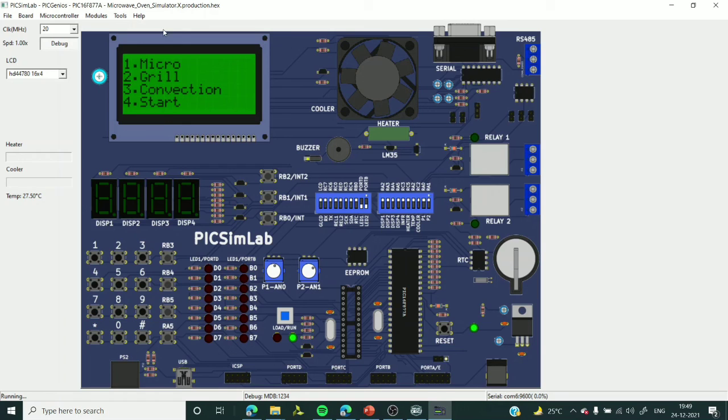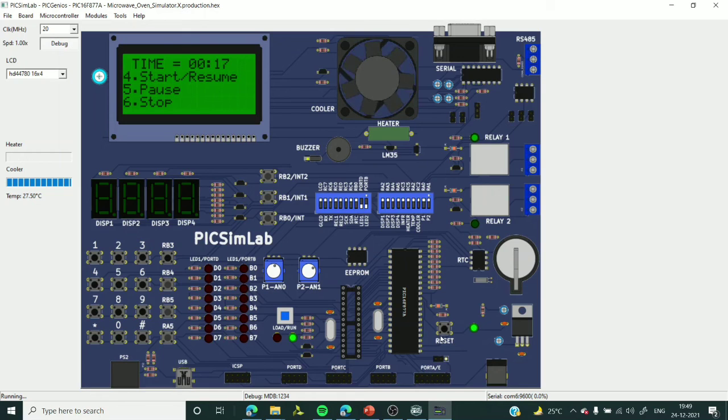Let us see when the microwave oven is operating. Let us press start itself. Start mode. Sorry, I had already pressed the RB3 button, open. So as soon as I enter the start mode, I could hear the buzzing sound. When I close the door, I can see that it's working fine and the operation continues. If I press the RB3 button, we can see that the door is open and it is telling the user to close the door. So this is all about the door button.